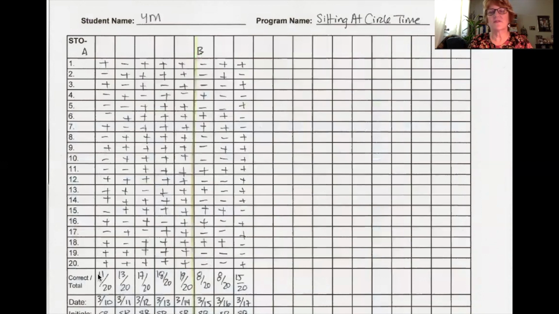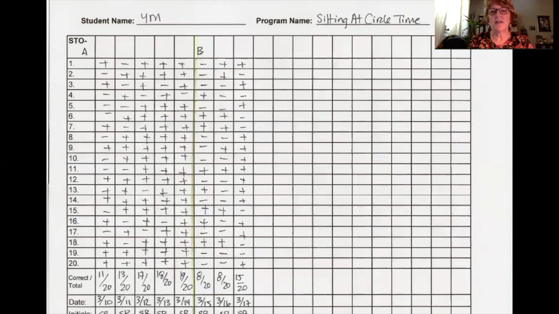And he was successful 11 times out of 20 in the first set of 20. And then they do it again, and it's 13 out of 20, then 17 and 18 and 19 out of 20. So for these two, he met criteria, and that's why they start short-term objective B. And then, of course, the data goes way down because now he's there longer. So there's a bigger opportunity that he's going to misbehave or try to escape from the situation.